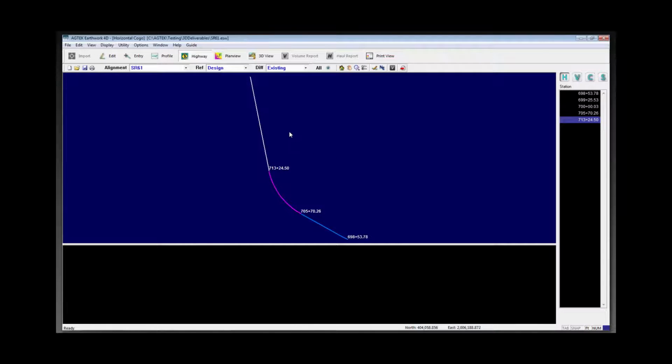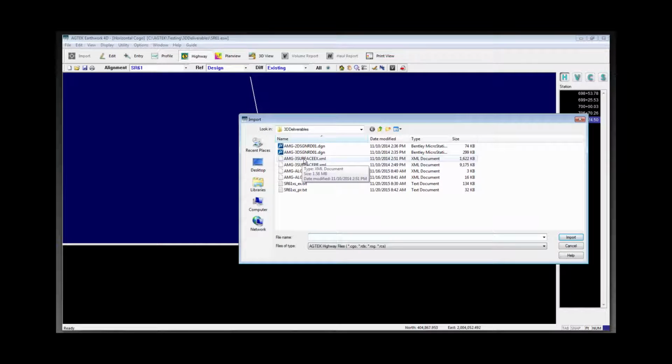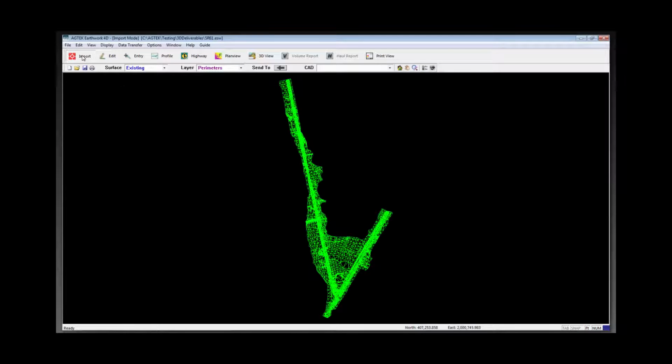The next thing I'm going to do is import the existing surface. So I'm going to go to File, Import. I'm going to find the existing surface.xml file. And when I choose Import, it switches to this import mode. And this is important because this is really just looking at the XML file, but it's not been imported